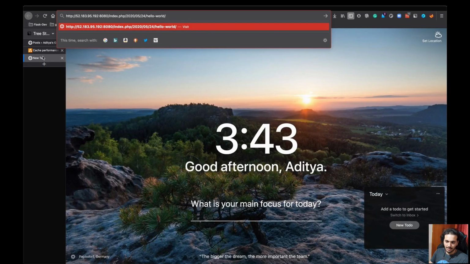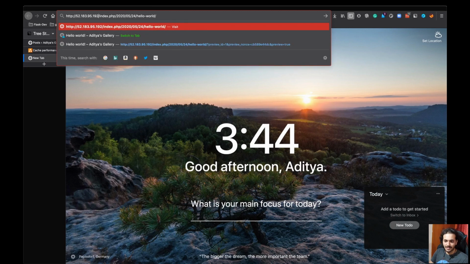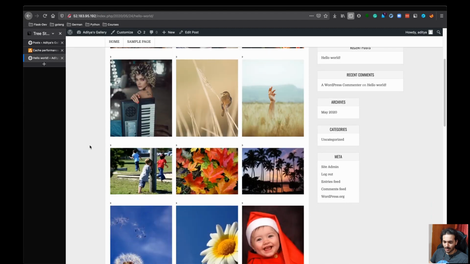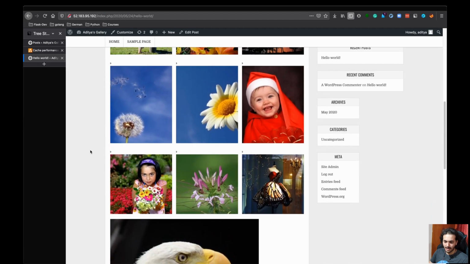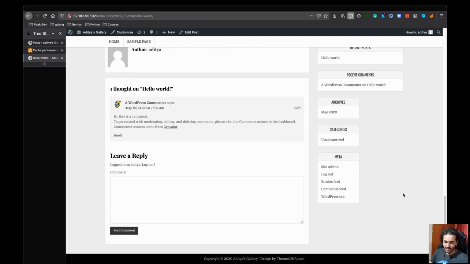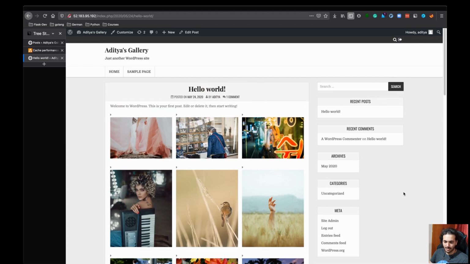So this is the URL along with the entire page that we are trying to access. Okay, so let's access this page directly. If I do not mention any port, by default your browser takes port 80. If you use HTTPS protocol, then it takes 443. Okay, let's hit port 80 and let's see what happens. Yes, so this is the page that we are looking for. As you can see, it just contains a bunch of images and a few more details here and there. This is exactly how our web page looks.